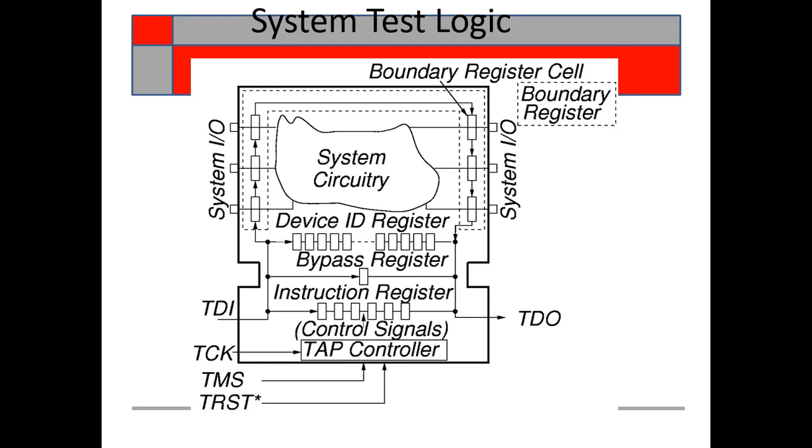Through that TAP controller we are applying the inputs. The figure shows an IC with added boundary scan logic according to the IEEE standard. One cell of the boundary scan register, which we also call the BSR, is placed between each input or output pin and the internal logic core that we are able to test. Four or five pins of the ICs are devoted to the test access port, or TAP port.